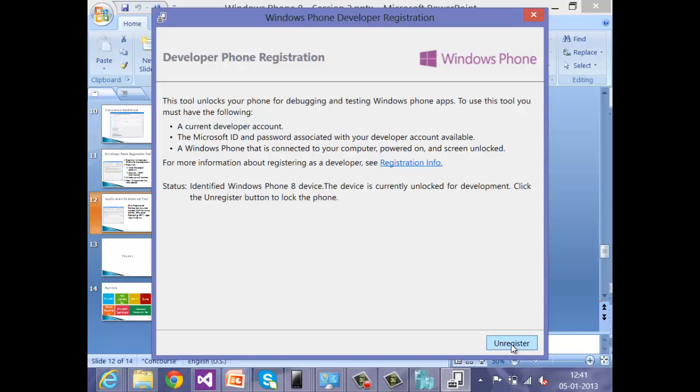What I can do is unregister it and register another device, or else unregister and register the same device again. I can register up to 3 devices for my account. Since the device is already developer unlocked, now I'll be able to copy the XAP file onto the phone, and I'll be able to test my app even before submitting to the Windows Phone store.